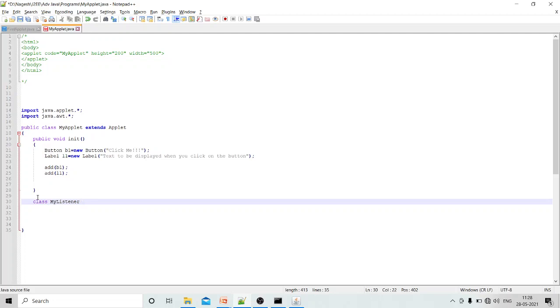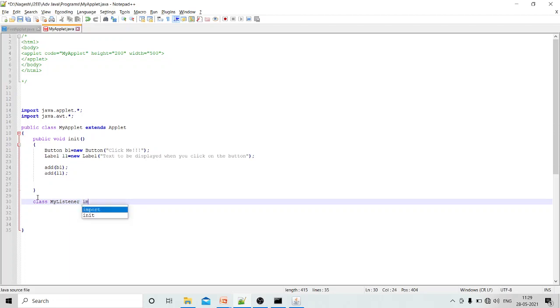So your listener class should inherit action listener interface. Remember, if you want to handle action event, the listener class should inherit action listener. If you want to handle mouse event, the listener class should inherit mouse listener. Okay, so here action event, so our listener class will inherit action listener.